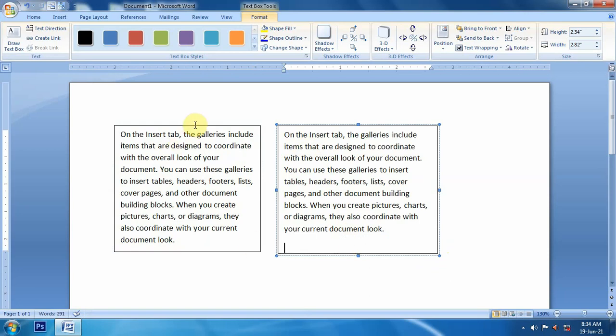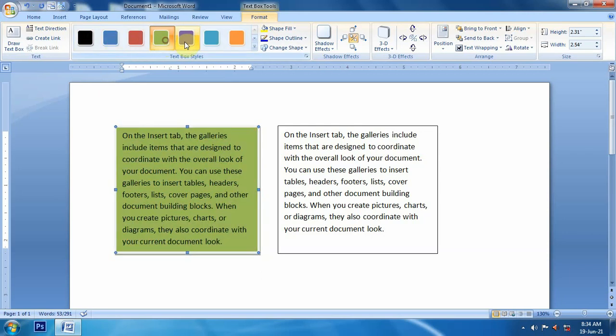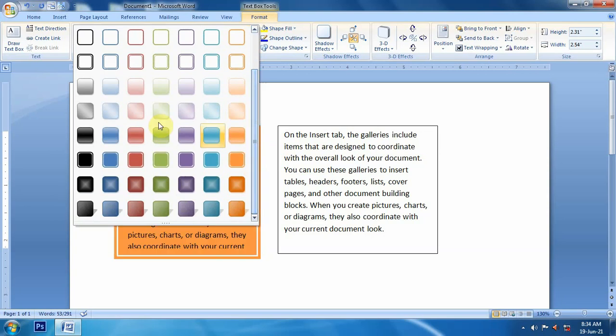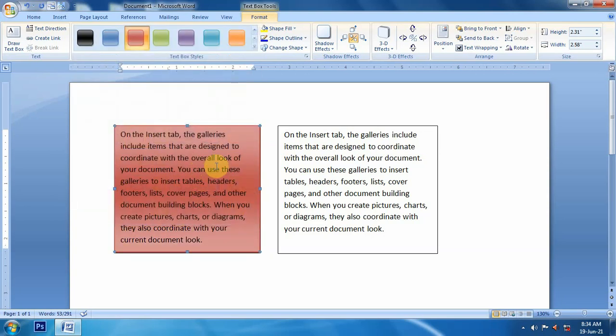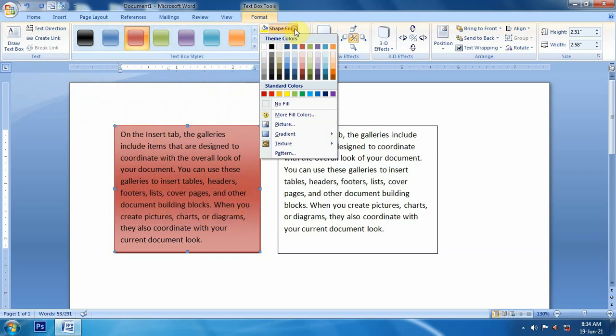Next, we can colorize the text box with the help of these text box styles. There are various types of text box style that we can select according to our choice. We can change color from here also, but it is shape fill color.